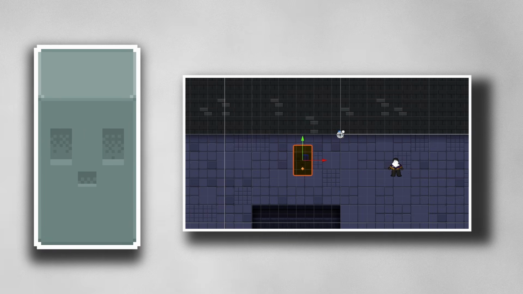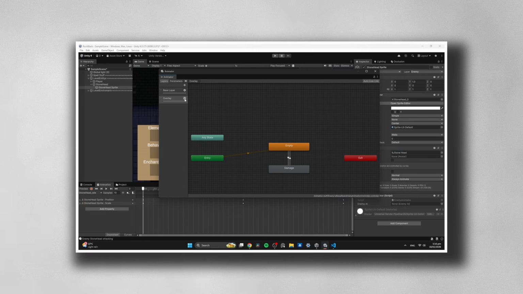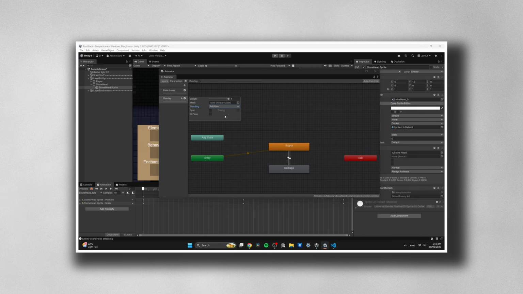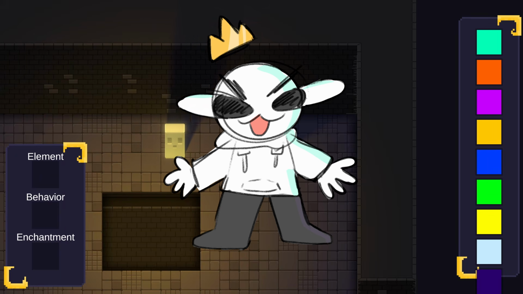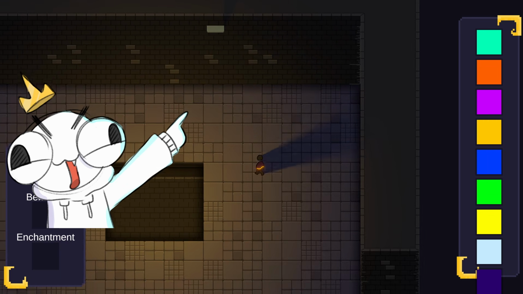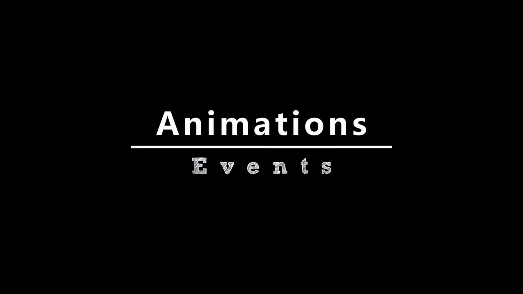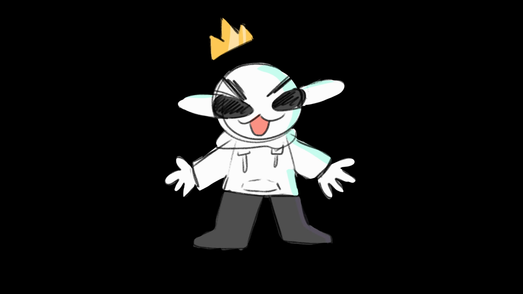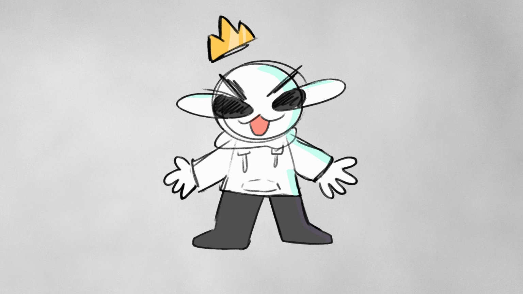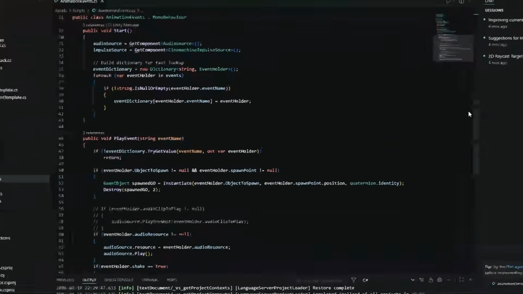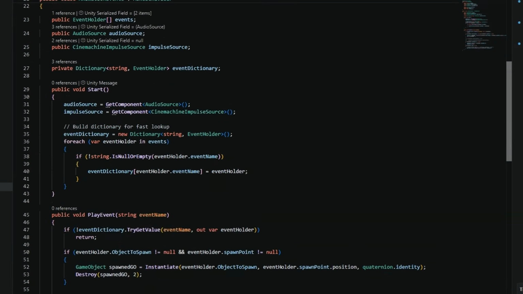Behold, Stonehead. Because I was sick of drawing animations, this enemy is just a single sprite that is animated in Unity. I also created a base enemy animator controller, which I can reuse on multiple different enemies using an animator controller override. That's it for the enemy stuff. Wait, did you see that? That effect was possible thanks to something we call animation events, which are simply put events you can activate during animation keyframes. And using this custom script I made, I can create different events and activate them whenever I want.